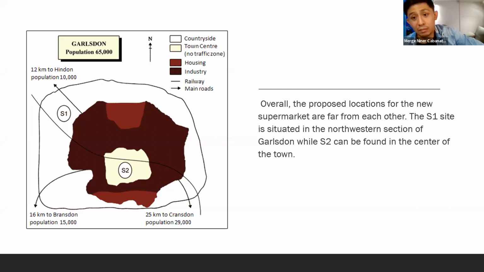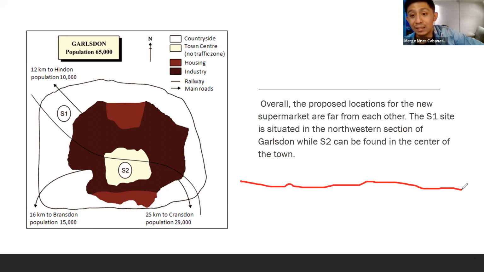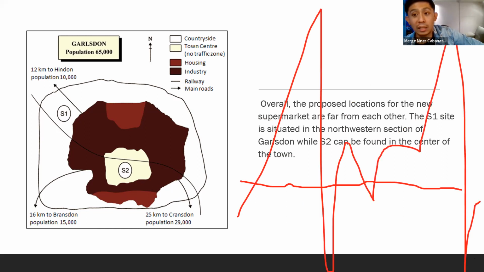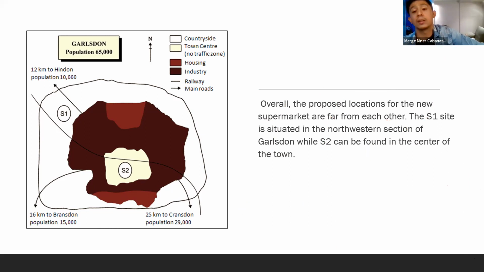For line graphs, all you have to do is to mention what's the trend. Is there a fluctuating, increasing trend? Is there a fluctuating, falling trend? Is there a stagnant trend? Is there an erratic pattern? That's it. For pie chart, which one is the largest? Just mention the highest and lowest. Same goes with bar graphs. Same goes with tables. But in maps, you don't have the convenience of numbers, but you have the convenience of